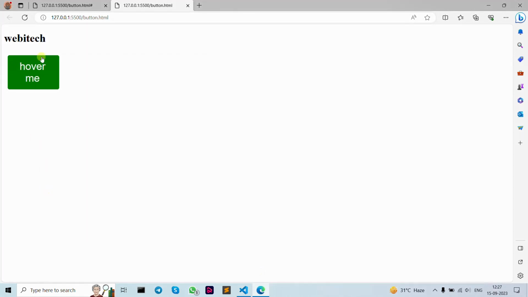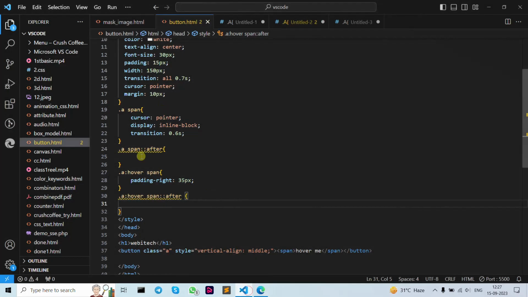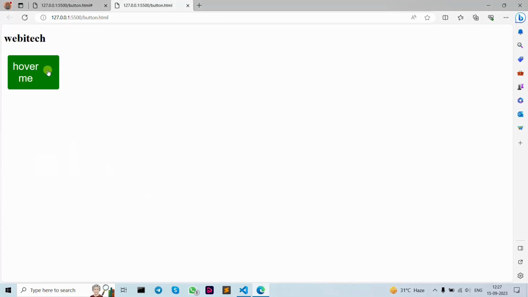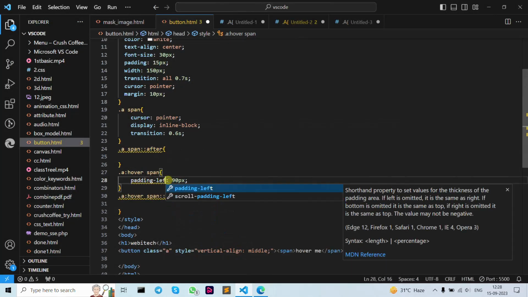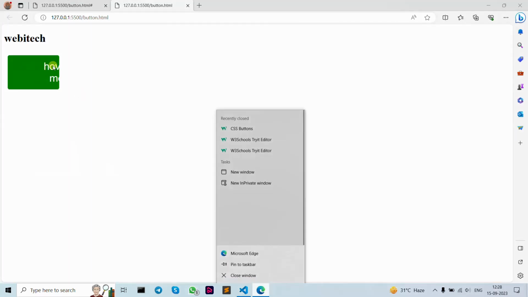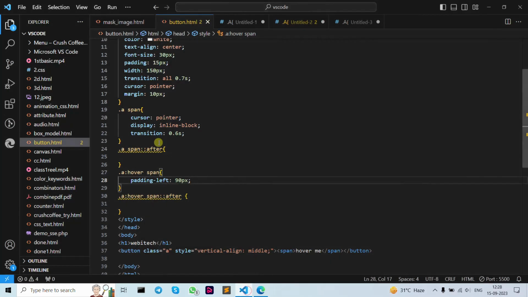As you can see, when I move my mouse over here, it becomes a transition. As you can see, the text moves to the left side because I wrote padding right here. If I write here, let's write 90 pixel. So when I move my mouse, it looks like this. If I write left, then our text is going to go to the right. So let's give them right, and let's give them 35. Then this is how it looks. Okay guys,